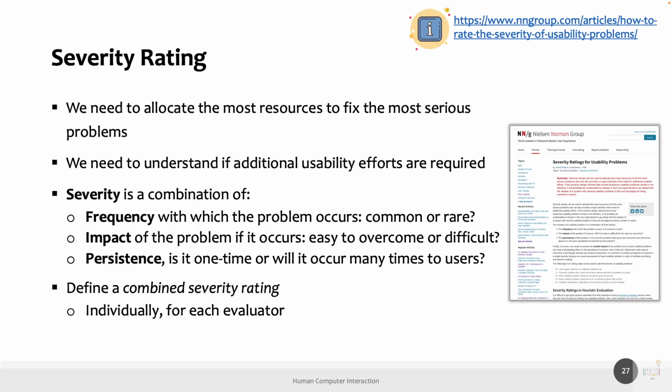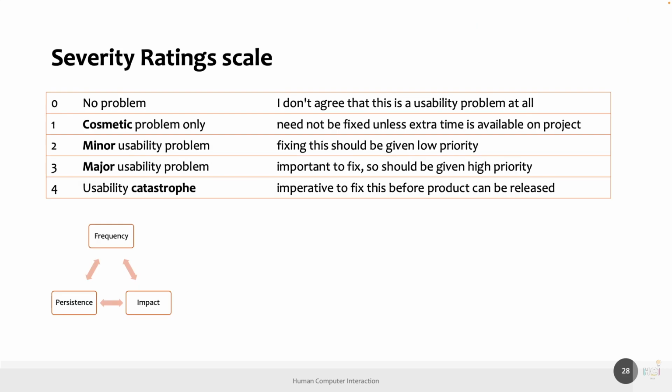And of course, this is also defined first individually, and then you try to reach an agreement in the consensus phase. And Nielsen proposed this scale for assessing problems from 0 to 4. So the 0, that means no problem at all, is typically not used in the individual phase. Yes? I don't understand the